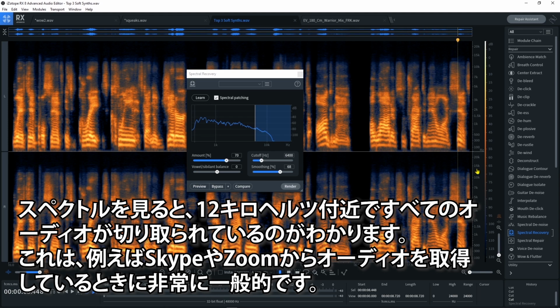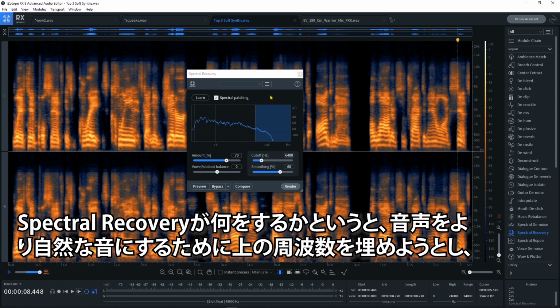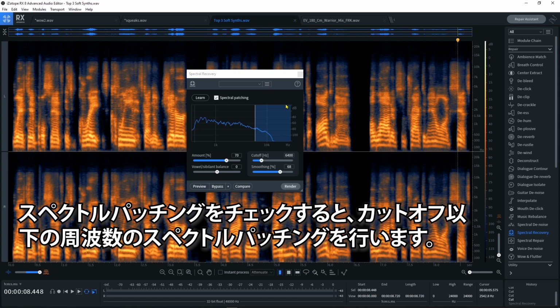Okay, so you can actually see here in the spectrum that right around, I'd say, 12 kilohertz, all of the audio is lopped off. And that is very common when you're getting audio from Skype or Zoom, for example. So what SpectralRecovery does is tries to fill out that upper frequency content to make the voice sound more natural. And it also, if you check the spectral patching, does spectral patching for frequencies